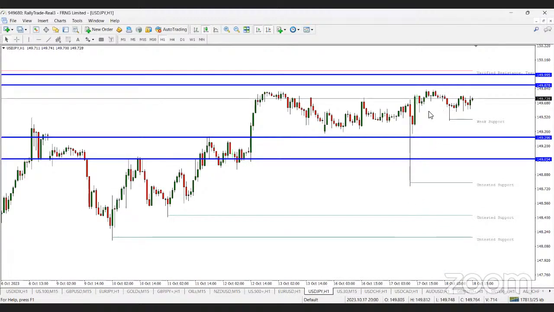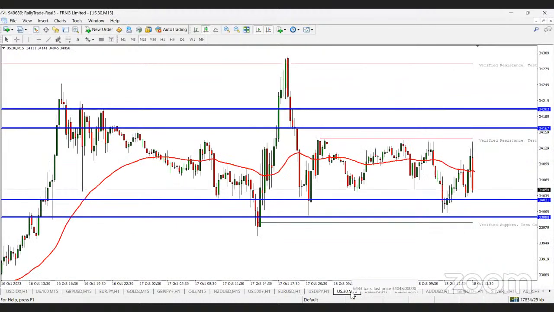USD JPY, we gave it at 149.870. Take profit at 149.990 or 995, which I have here. And then we gave a sell stop way low because of the range at 149.290. Take profit at 149.05,